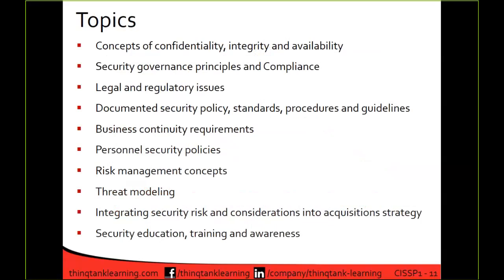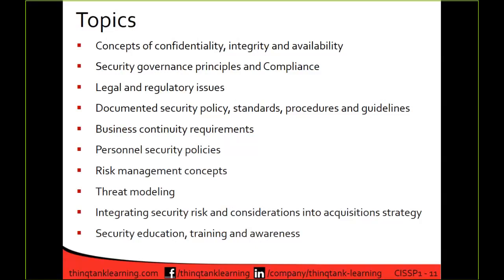As far as the topics go, pretty much the same thing we just talked about. The concepts of confidentiality, integrity, and availability, that CIA triad. Security governance, principles, and compliance. Governance is one of the things that you're going to have to be aware of. There are several different models that we'll introduce in this lesson that a lot of agencies will follow to drive their policies and procedures. Legal and regulatory issues, documented security policies, security standards, procedures and guidelines, business continuity requirements, personnel,